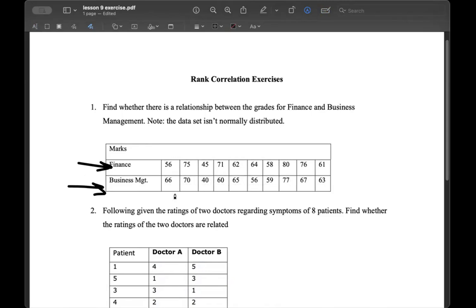So now we can first calculate the differences. To have the differences, I can get the difference of these ones. 56 minus 66, that is minus 10, 75 minus 70, that is 5, and 45 minus 40, that is 5. Likewise, we can have these values. After that